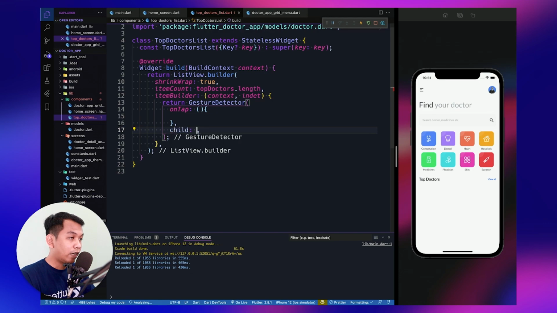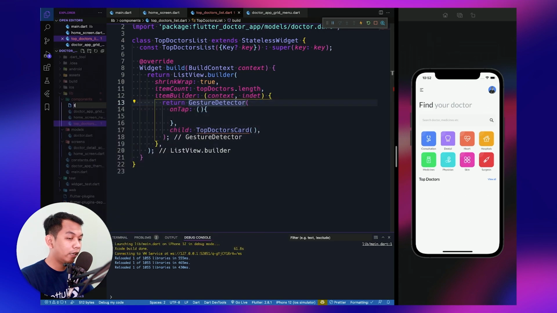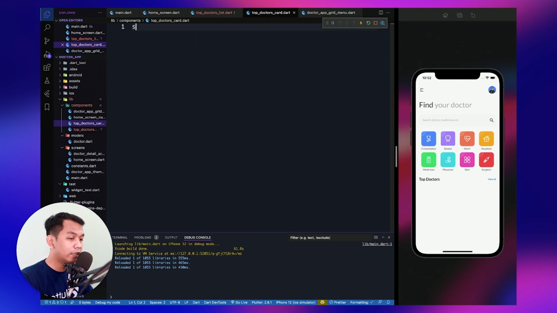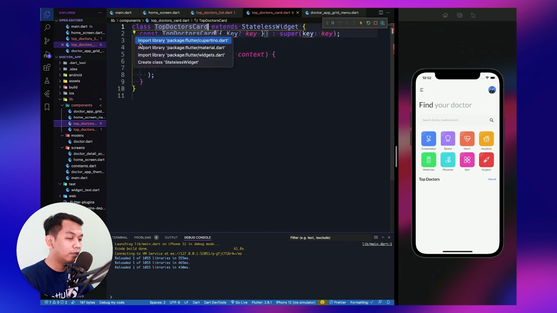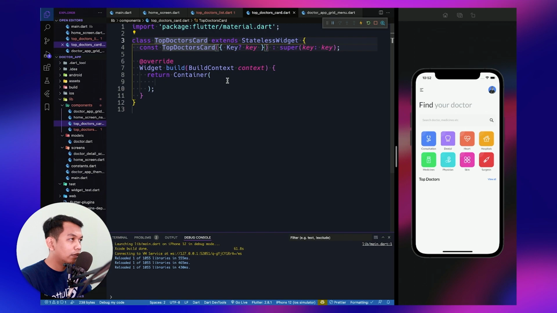And for the child, we say top doctor card. And for now, this shows an error, so let's go to component again, create a new file, name it as top doctor card.dart. And let's make it as stateless widget, name it as top doctors card. And let's import material, and in our top doctors card return something.